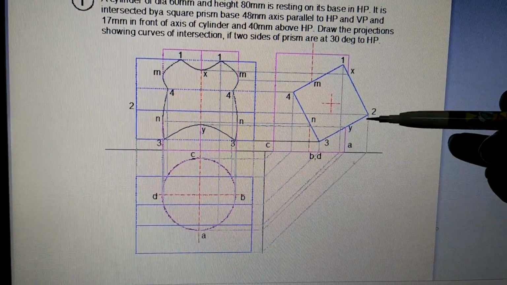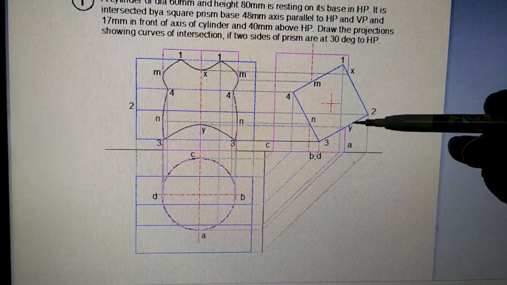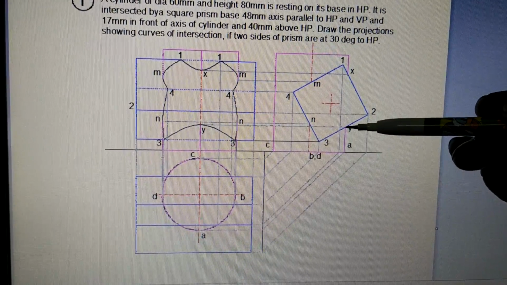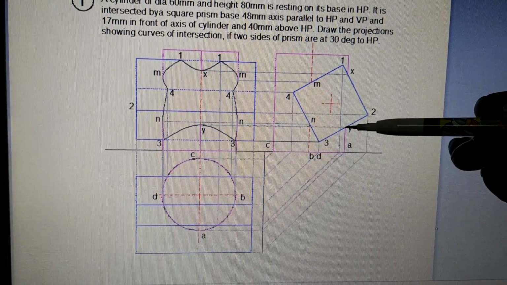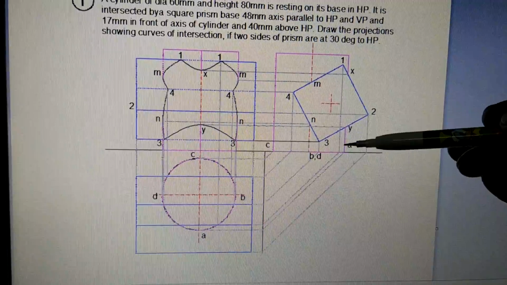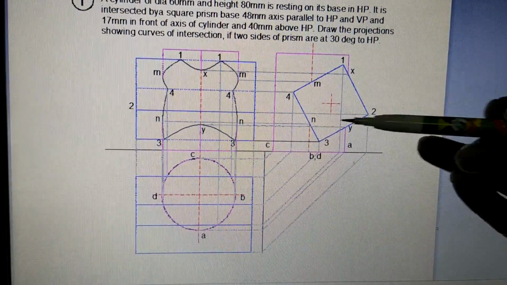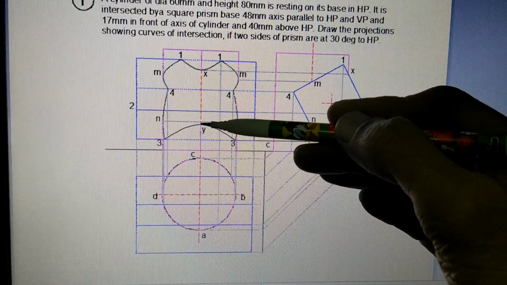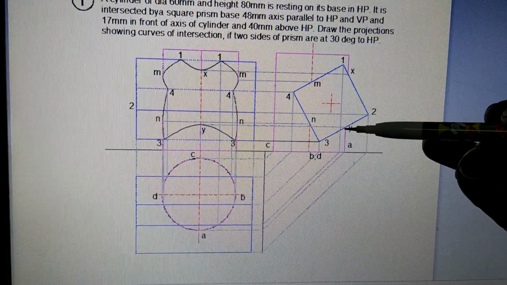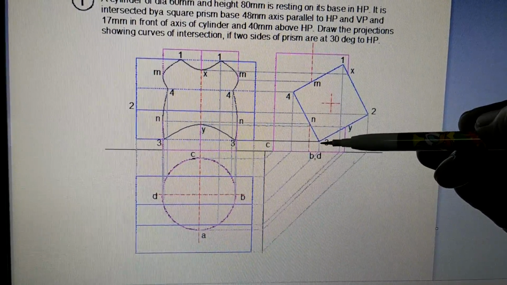Now let's go down further. From 2 we go to 3. So this is the surface. There are many lines on the surface. All the lines between 2 and Y are not intersecting the cylinder. So Y is the first line which is intersecting the cylinder, on the generator at A. So Y is lying on generator A. So generator A is here and Y has got this height. So Y will be here. So we have found out point Y, and after that we are going to find out point number 3.